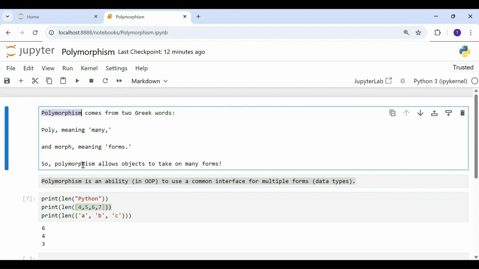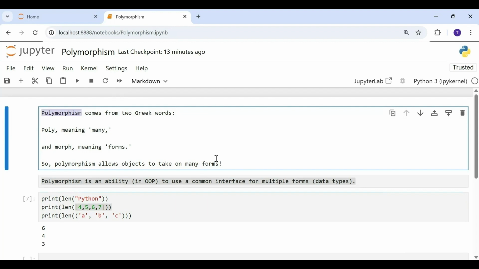So let's take a simple real world example. Imagine you need to color a shape. There are multiple shape options, like you might want to color a rectangle, square, or circle. Now you can create separate methods for each shape. Whenever you want to color a rectangle, you call the method for coloring the rectangle. Whenever you want to color a circle, you call a method to color the circle, maybe called color circle. Or instead, we can create a common method to color any shape.